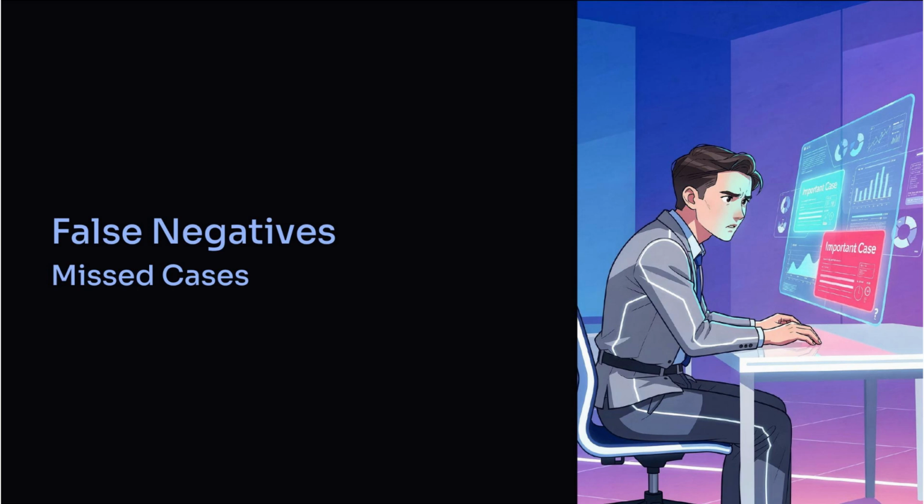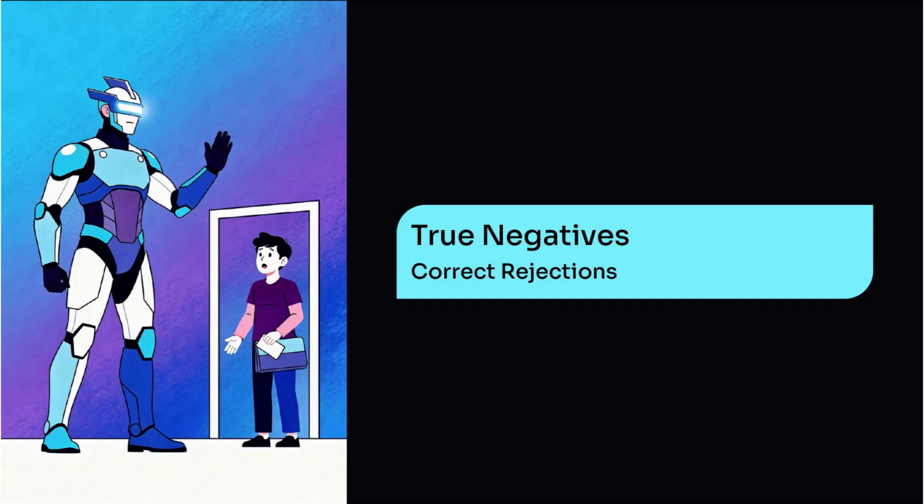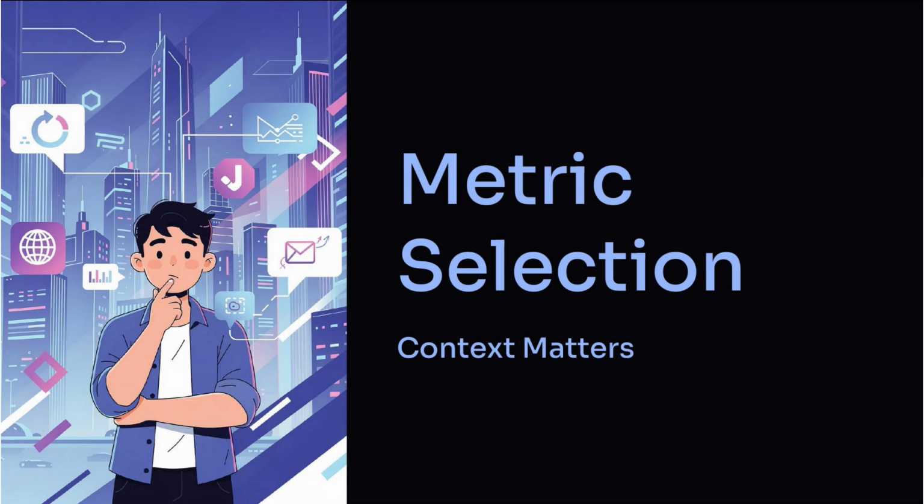To balance precision and recall, the F1 score is commonly used. The F1 score combines both metrics into a single value that reflects their harmonic mean. The harmonic mean penalizes extreme values. A model with very high precision but very low recall will receive a low F1 score, and vice versa. This encourages balanced performance. The F1 score is particularly useful when classes are imbalanced, and both false positives and false